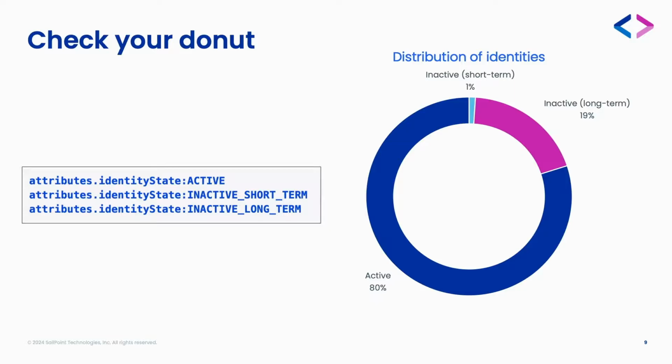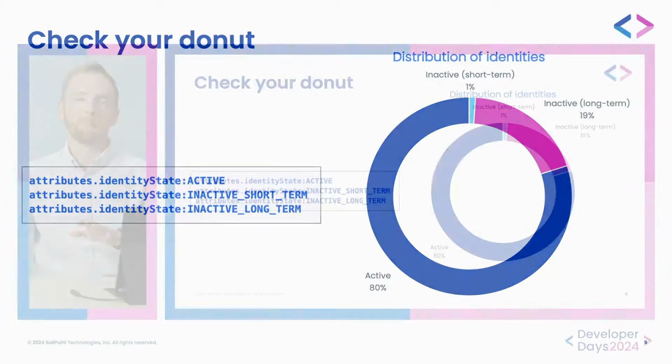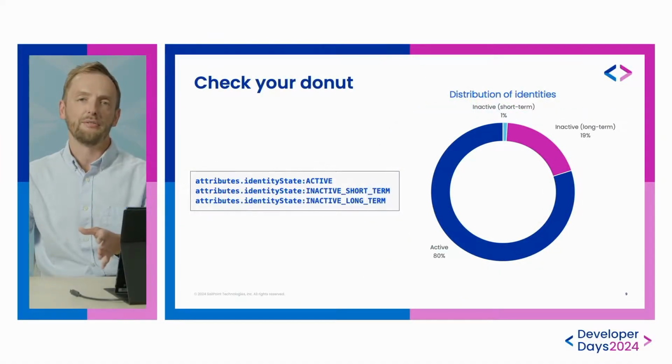So I started this presentation off with the donut, right? I said, typically, customers have 1 in 5 of their identities inactive. Of course, yours may vary. So let's make sure that yours comes up in a state that feels realistic to you. You know about how many inactives you have. And you can use search to determine that. So you should go to search after Apply Changes has finished running. Of course, you can watch Apply Changes in the monitor menu. Once that's wrapped up, you go to search and you put in